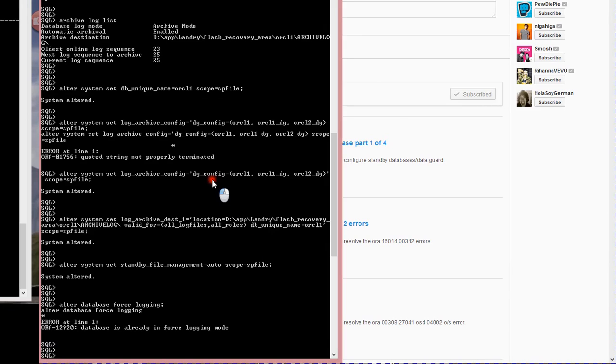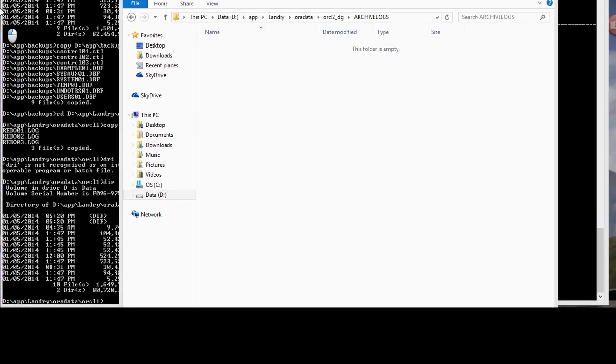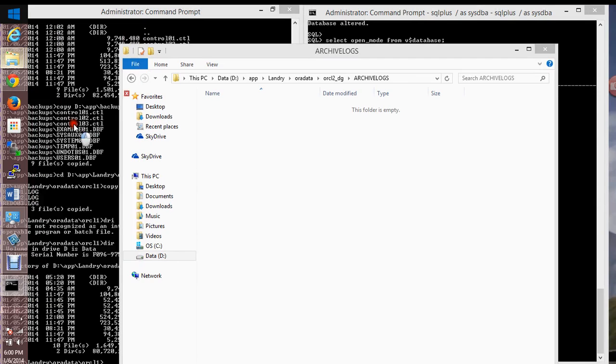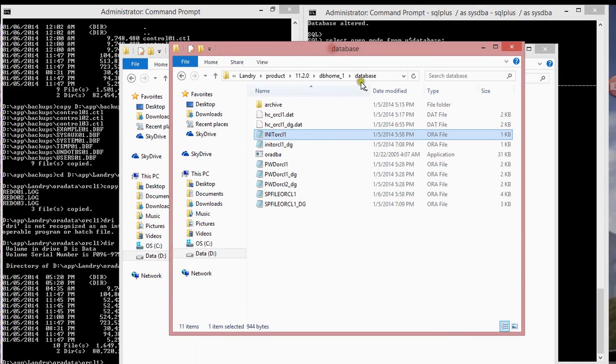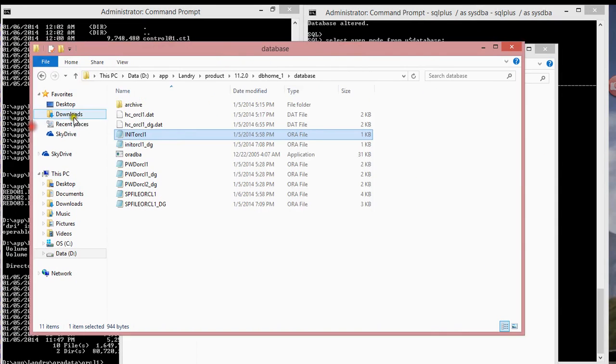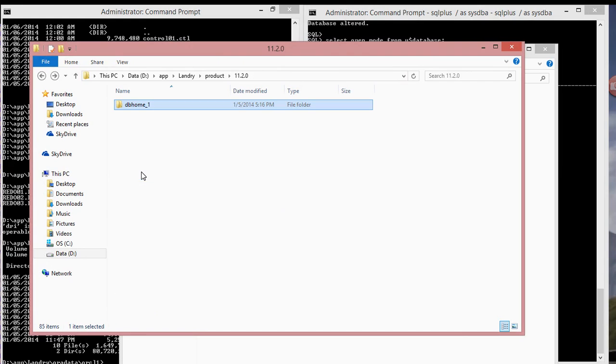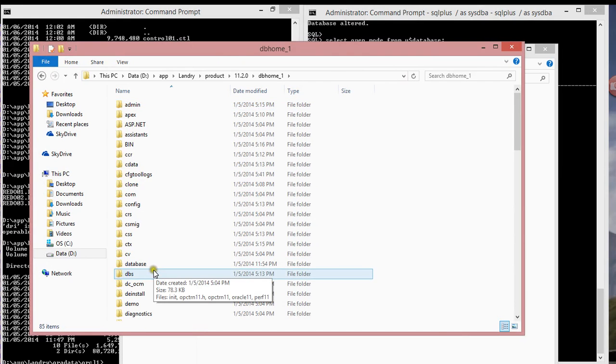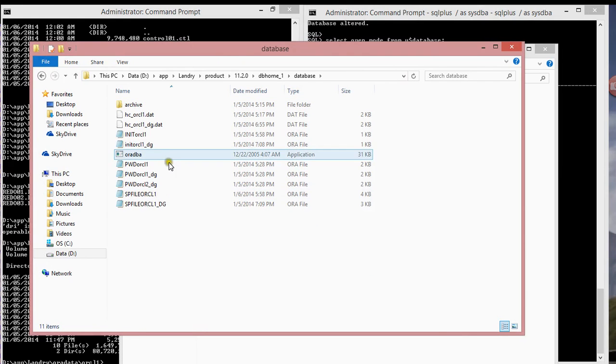So what I'll do now is, give me 1 second so I can get my thoughts. Okay, I'll issue this command create. No, I'll go to my physical directory. Go to your software home, which is this, and then from that point on, go to database and basically go to where your